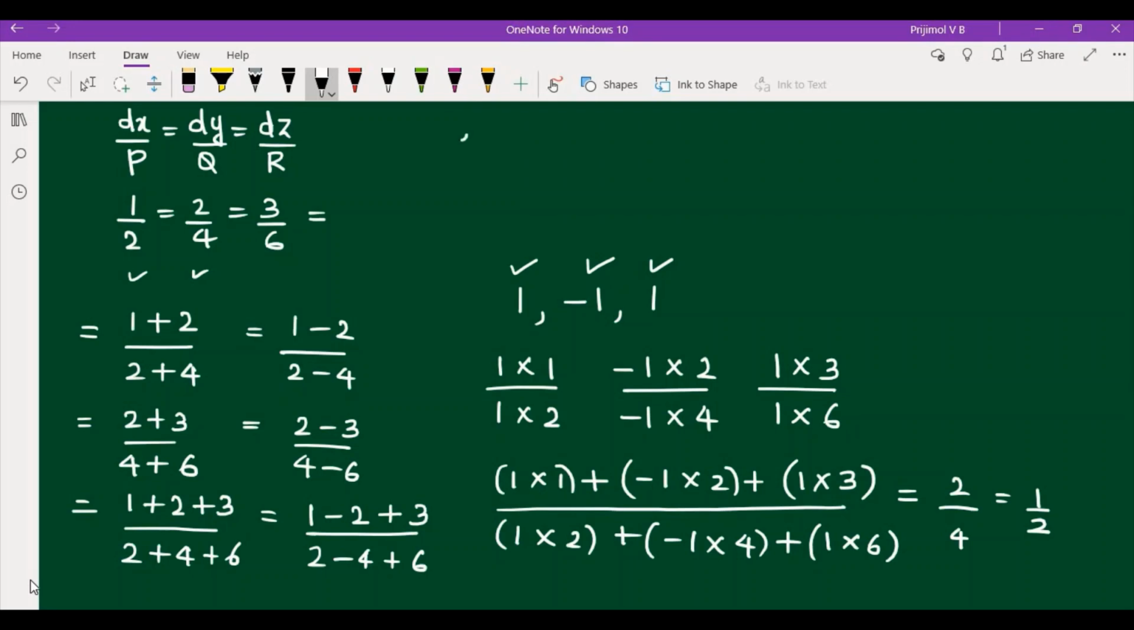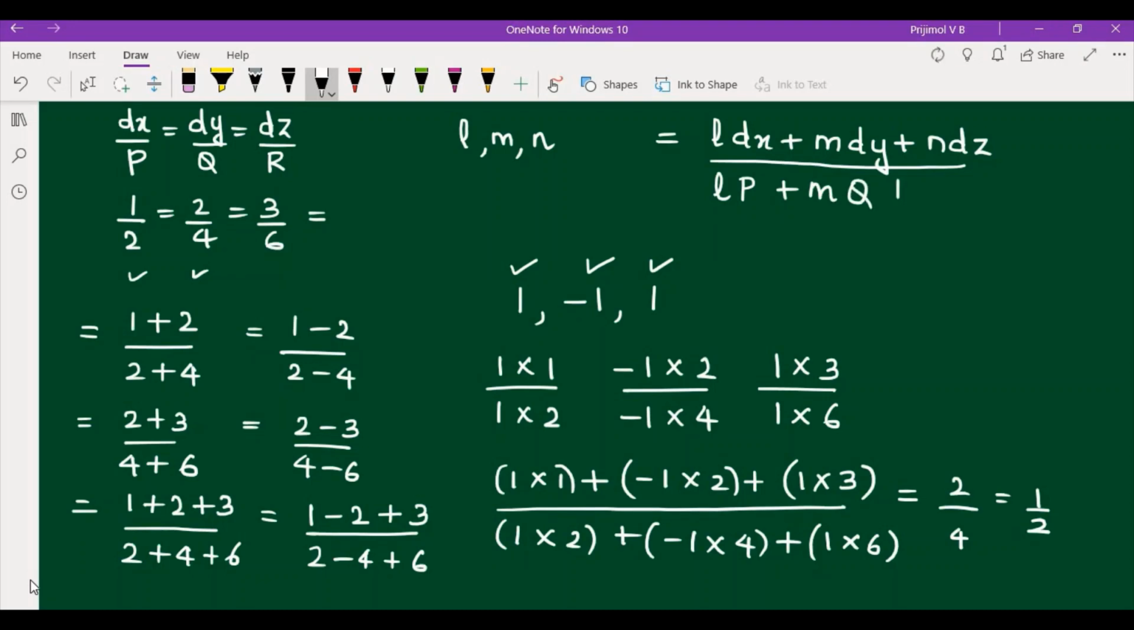Say if I use the multipliers L, M, N, what does this mean? I am multiplying L with the first ratio, M with the second ratio, and N with the third ratio, and this ratio is equal to L dx plus M dy plus N dz, the whole divided by, I told you, you have to multiply L only for the first ratio and M for the second ratio and N for the third ratio. Now this auxiliary equation is also equivalent to writing this ratio, where L, M, N are called the